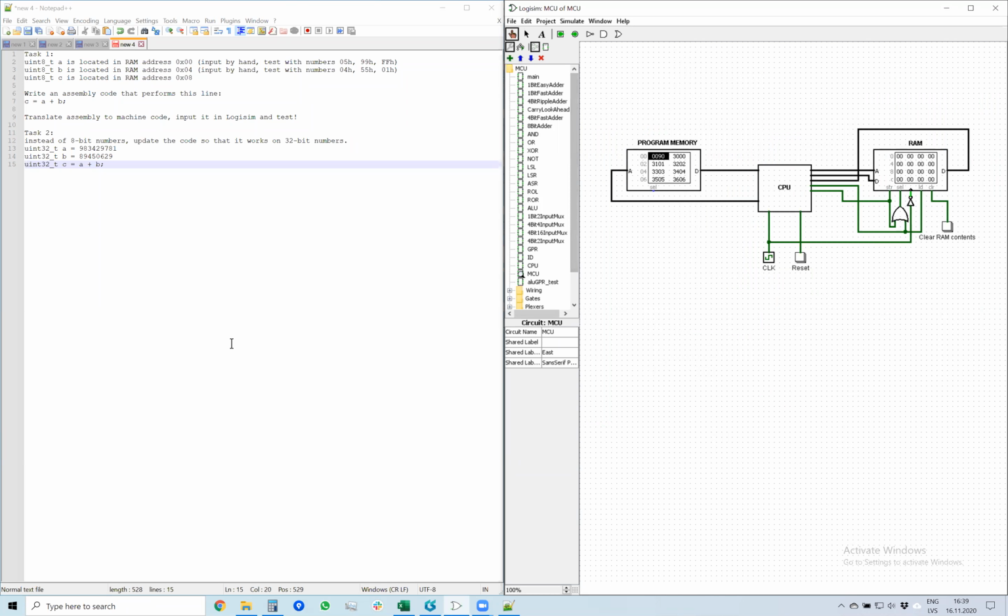So today we will do some exercises. And for example, this task 1. So in a programming language, you oftentimes define some variables and then you do some operations on them. For example, here we define unsigned 8-bit integers a, b, and c, and we want to add a and b together and write it to c. In reality,